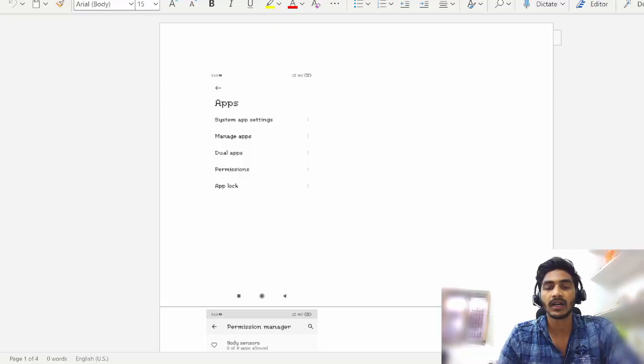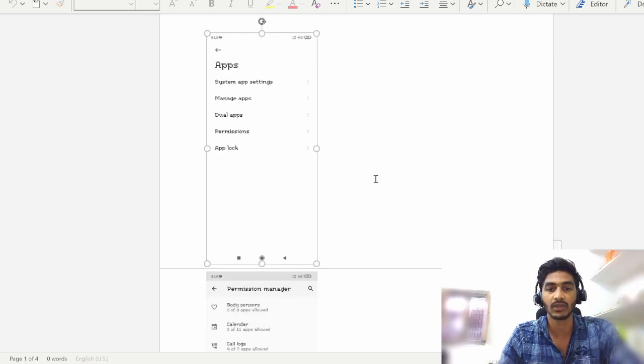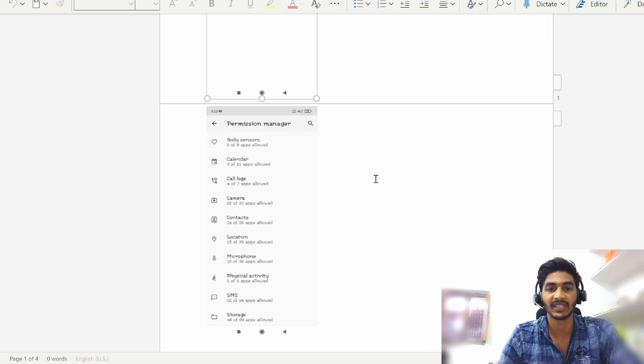And also the cool thing about runtime permissions is that you can revoke these permissions even after granting them. I'll show you how to do that now. So just go to the settings app in your phone, and it looks sort of like this. It might be different from phone to phone, but it looks somewhat like this. Then click on permissions, and you will get a permission manager view, something like this.